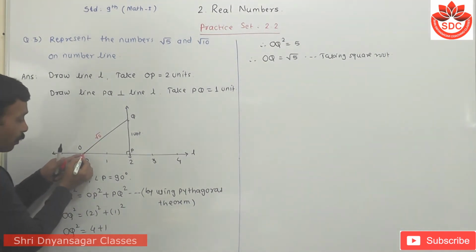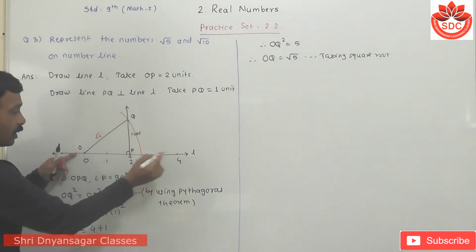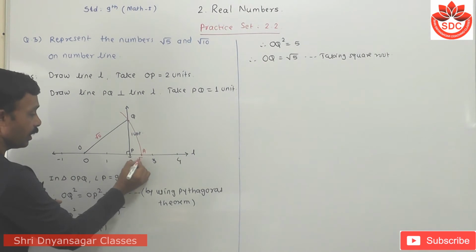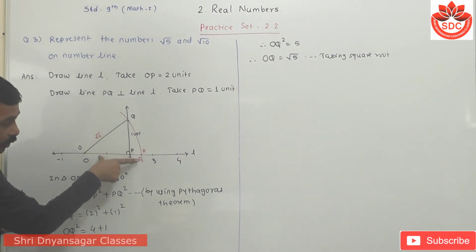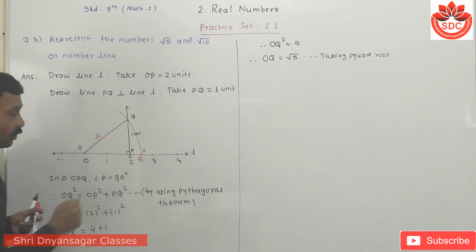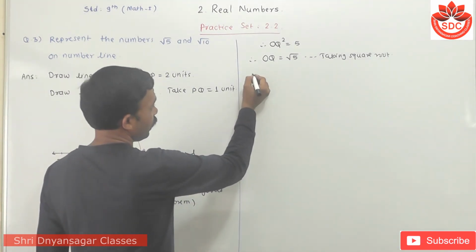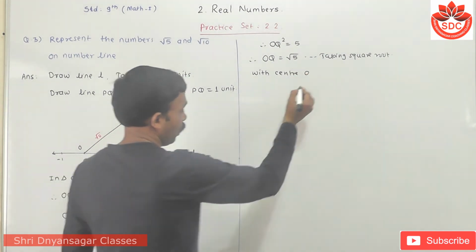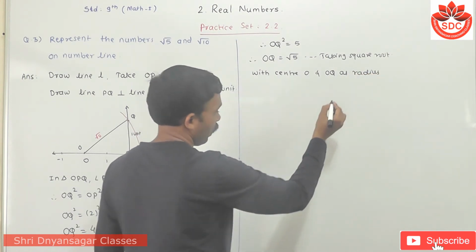If you place the point of the compass on O and take the distance up to Q and draw a circle which intersects this line in one point, suppose this point is A, the length is root of 5. Can you understand this? So with center O and OQ as radius,